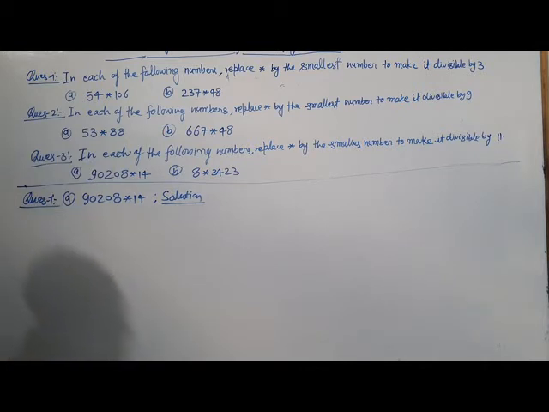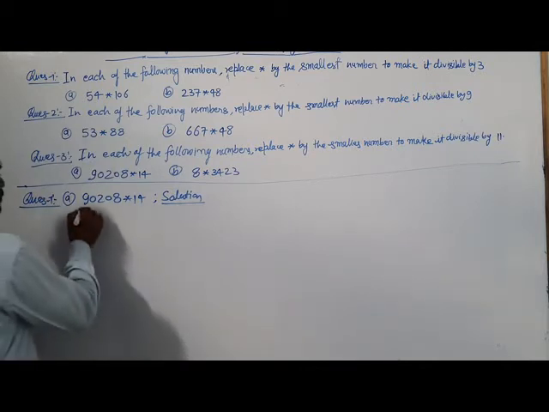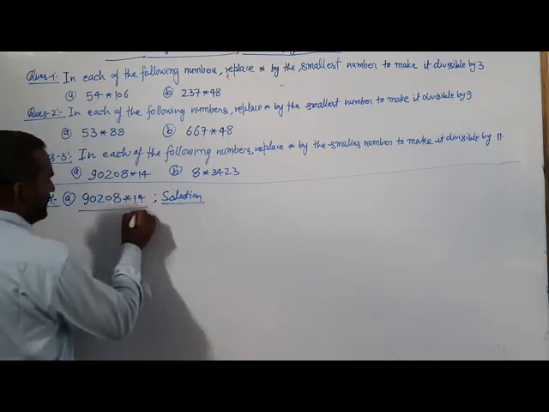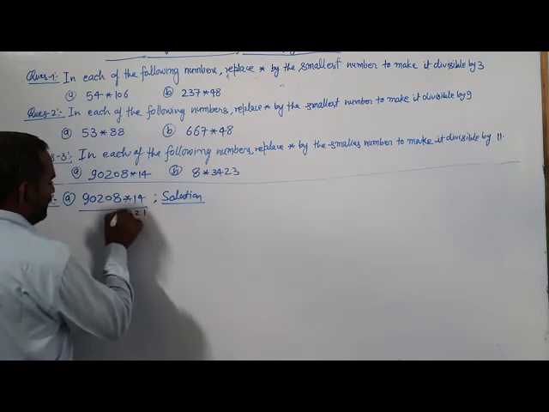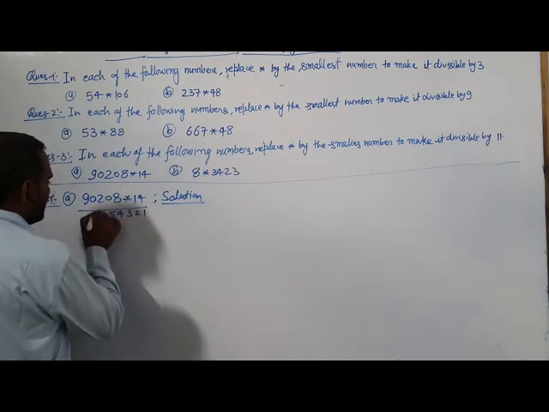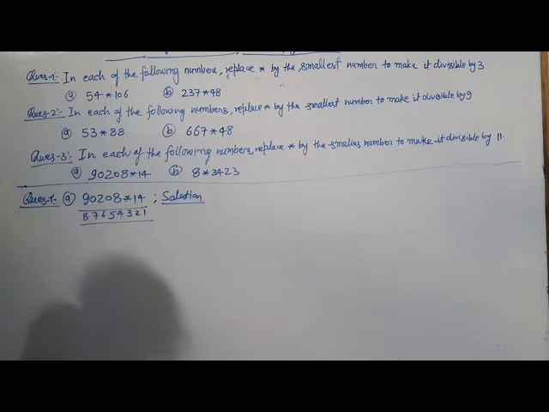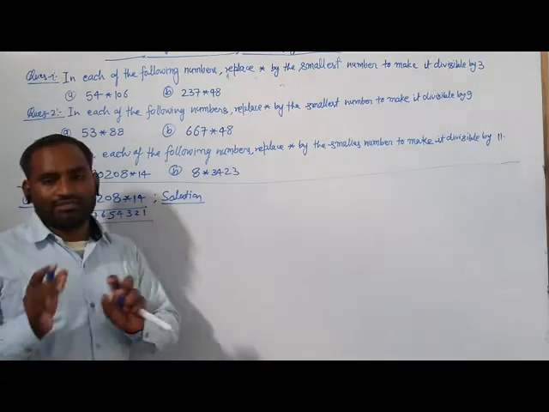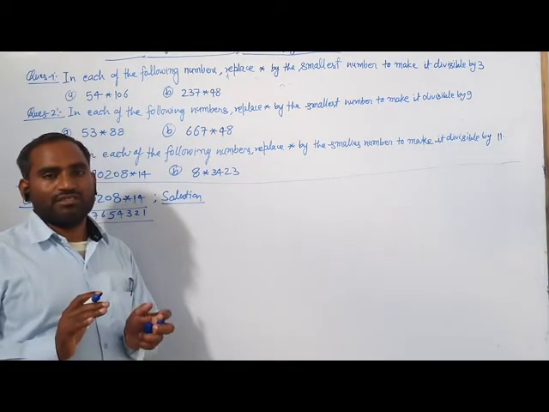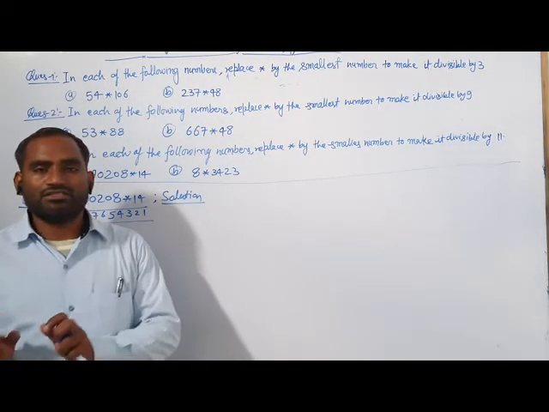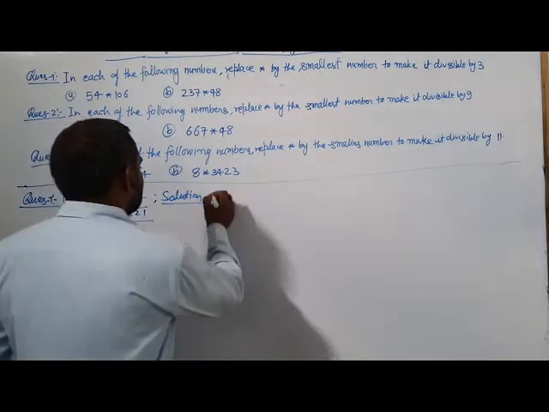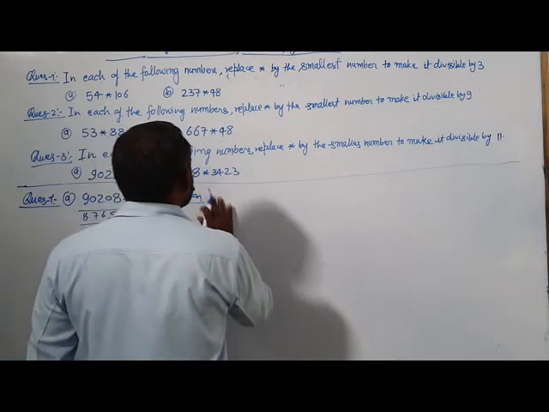For the divisibility of 11, first of all we have to add the digits. There are 8 digits here. First of all we have to add the digits of even places and the digits of odd places. The sum of